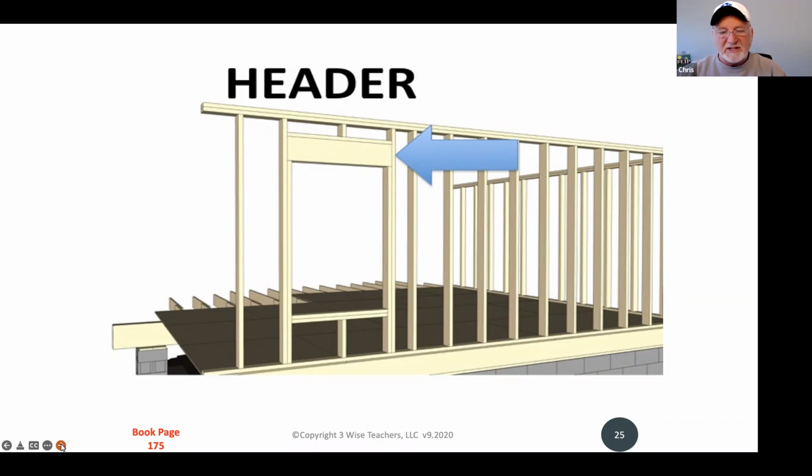The reason for that is because there's probably going to be a window or a door there, and you don't want the weight to crush the less sturdy system, such as a window. So the header is going to sit above a window or a door, and it's going to be doubled-up pieces of lumber, or in fact, you can see in this case, it looks like it's probably a 2x10 or something like that. And what it does is it takes the stress and spreads it to the outside.